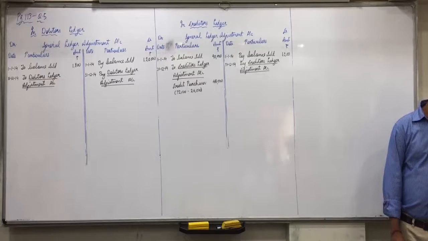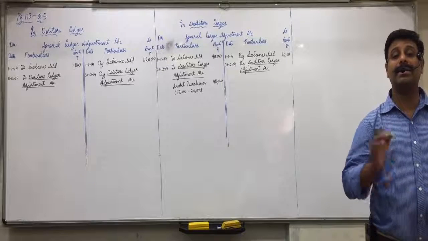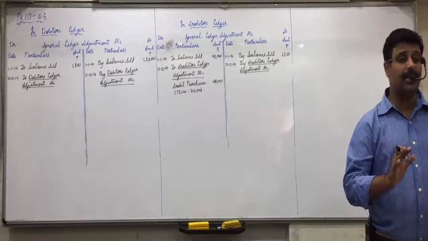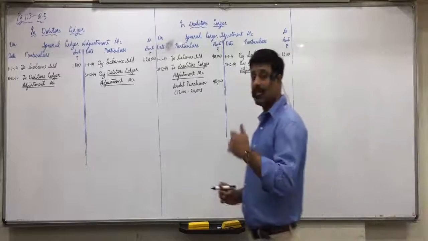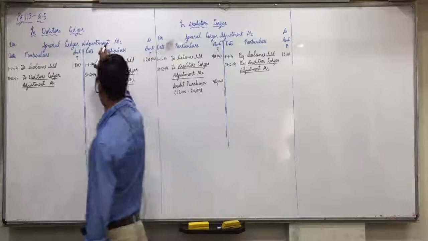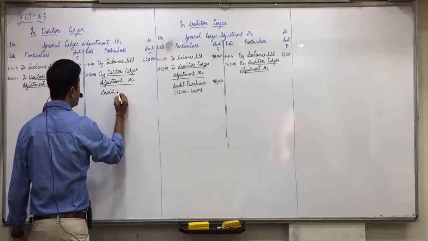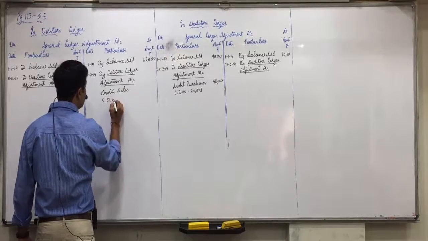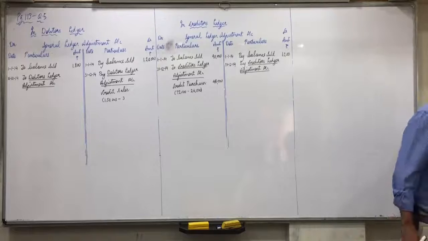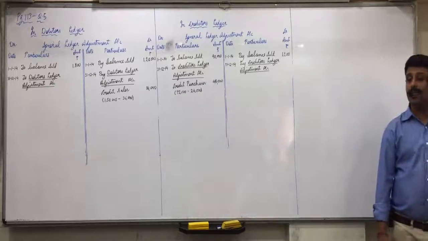See, sales including cash 36,000, total 1,50,000. And what amount? 150 minus 36. Okay, the 36,000 cash sales will not be recorded here. Where will we record it? Yes, debtors to sales. To sales means in the general ledger adjustment account on the credit side. Give this heading and write credit sales, 1,50,000 minus 36,000, so 1,14,000. Understood this, everyone?